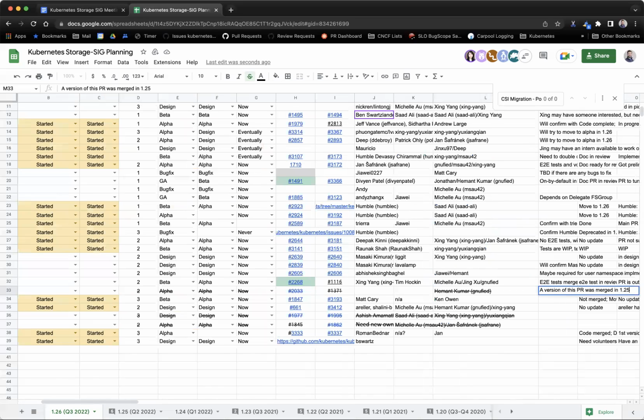the user namespace implementation as an alpha feature. So the GIDs are being shifted right now in Kubernetes. If you have this feature enabled, it only works for certain volume types, ephemeral volume types: secret, empty dir, and all. It doesn't work for persistent volume types, but yeah. And SIG Storage was asked to review it. So I